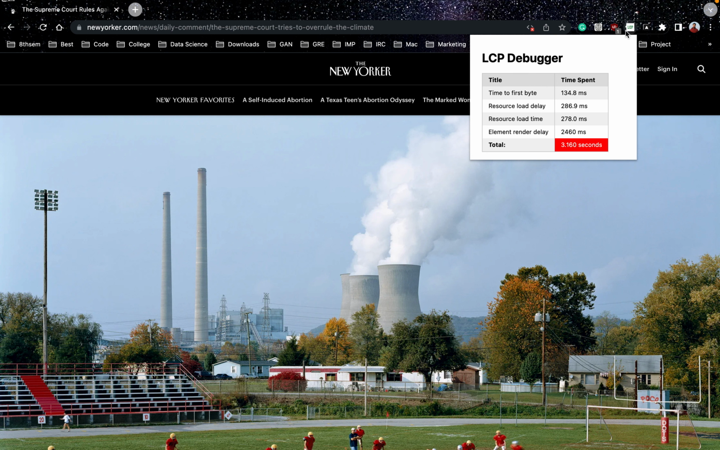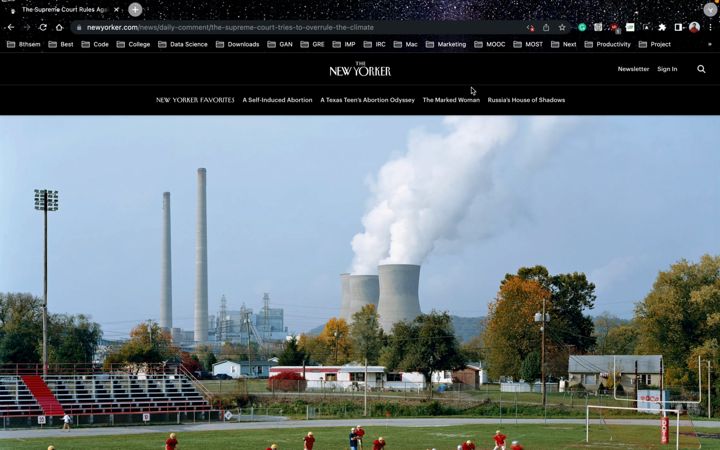But I also recommend you to refresh a few more times to get a more accurate result on where the LCP element is spending most of its time. And another beautiful thing about this extension is that, if you inspect